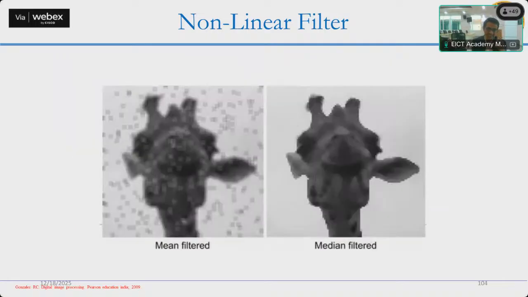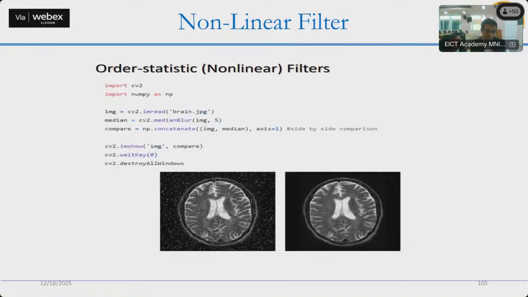So again, we have taken it. Whenever it is salt and pepper noise, it is always difficult to correct things by the mean filter. So what we are using basically is the median filter. Here we have put the programs. In the program, as you can see, some small programs are there. You can even note it.